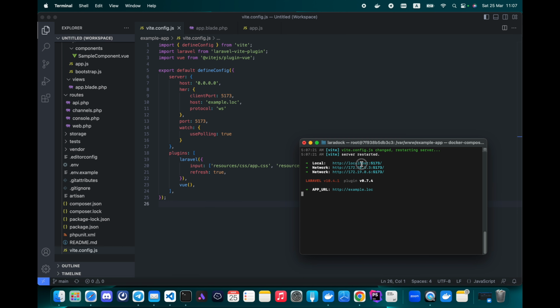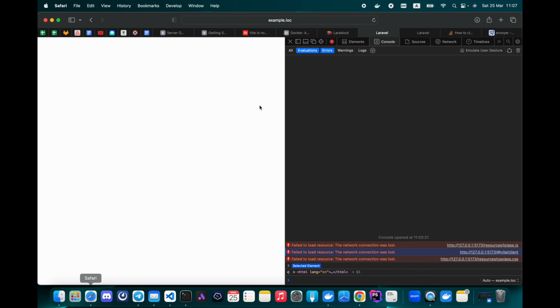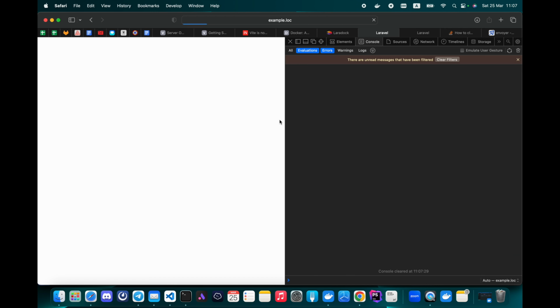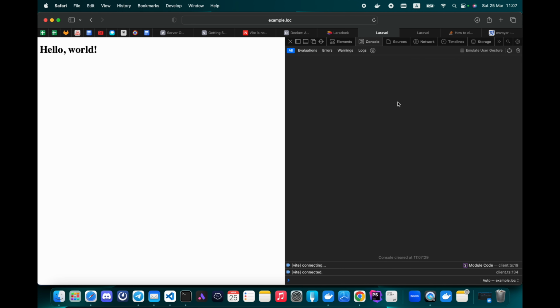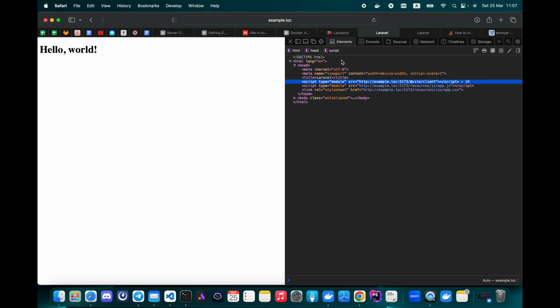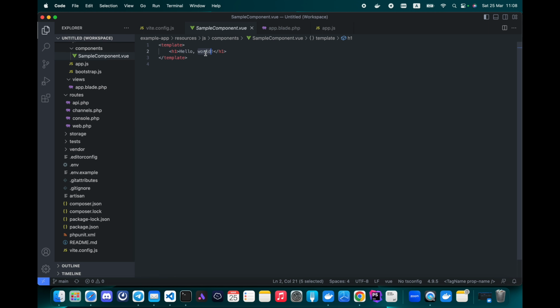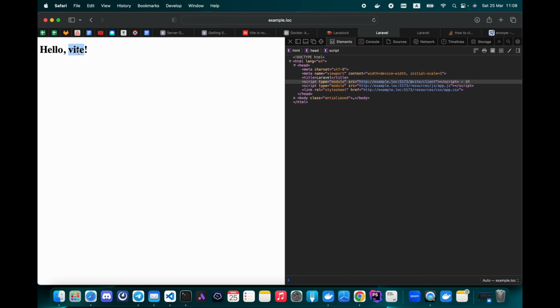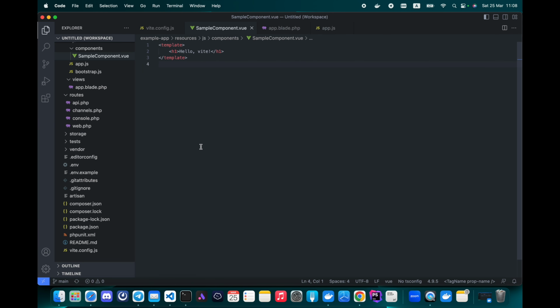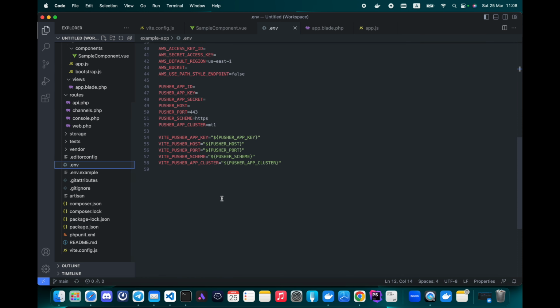That's it. The magic is here. Just reload the page again and enjoy. You don't need to do this every time you make a change to your files. For example, if we change the header in our component, we will see that it has changed on the web page as well. Vite only recompiled that component and loaded it onto the page as quickly as possible.